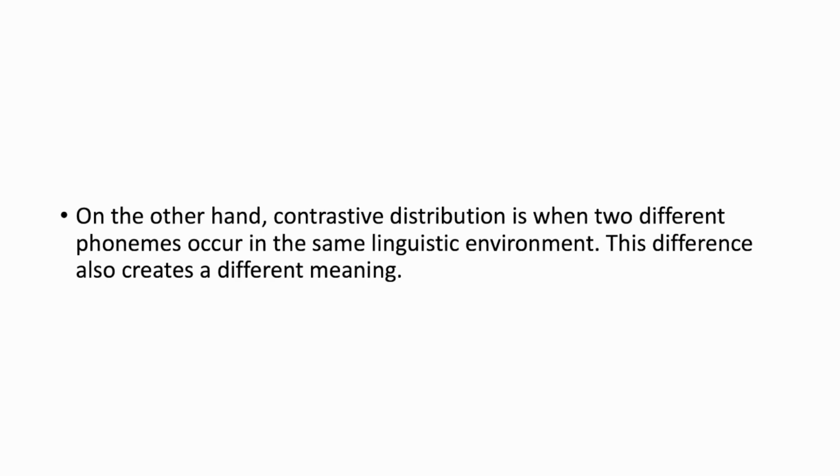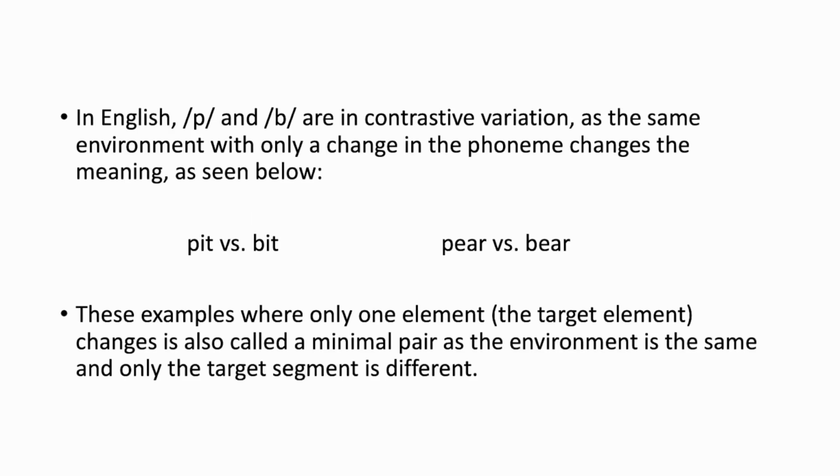So now that we've discussed a little bit about complementary distribution, let's see what contrastive distribution is. So contrastive distribution is, on the other hand, when two different phonemes occur in the same linguistic environment. So this difference also creates a different meaning. So again, an example in English would be the P and the B, which are in contrastive variation because of the same environment,